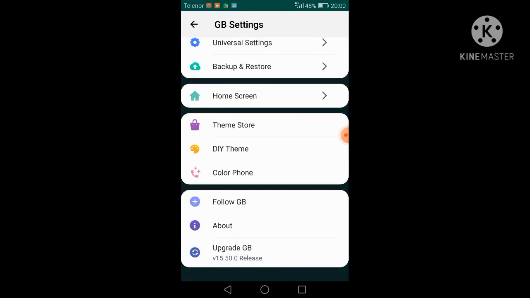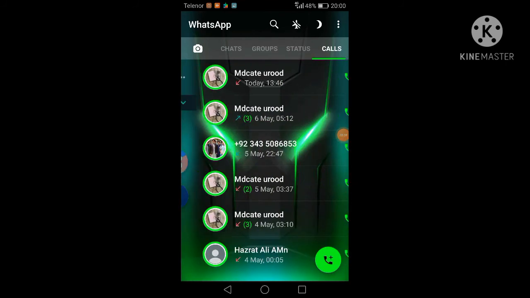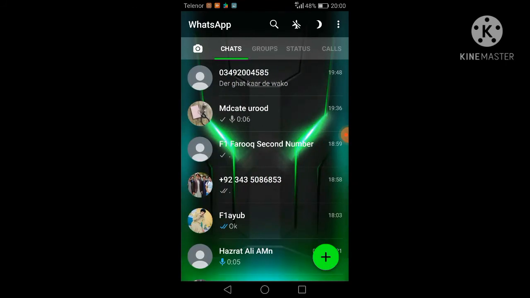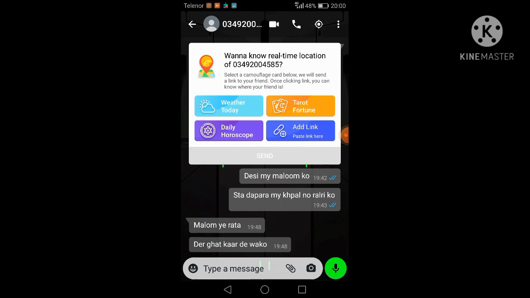Now I will tell you how to find the location of someone, how to find anything of someone. There are many options, many things, many hacks. How can you do it? For example, if you click on this circular option and want to know the real-time location of any person, how is that possible?